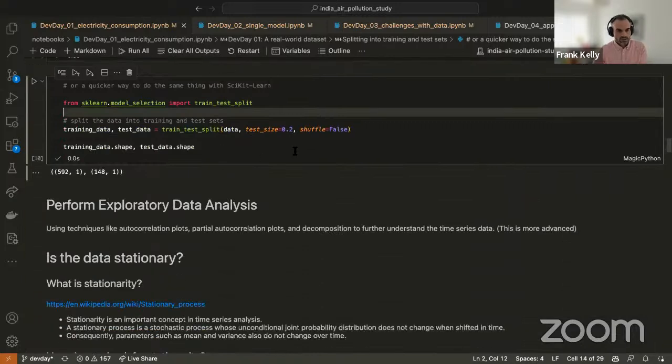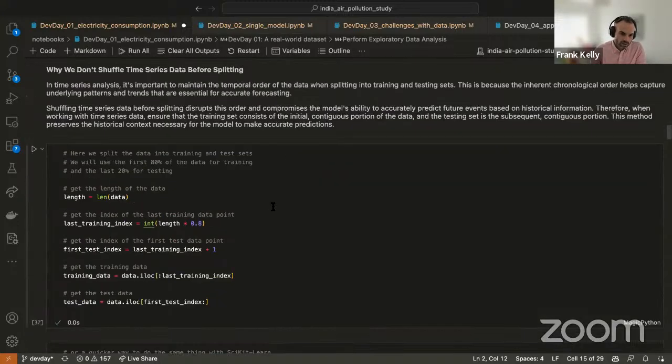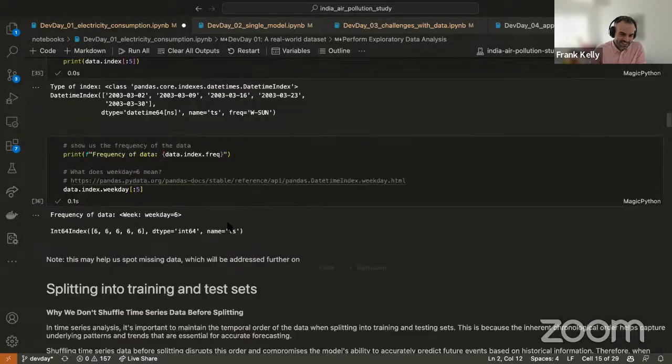One quicker way to do this is to use the scikit-learn library, which does it automatically. One thing you don't want to do is shuffle the data. In other machine learning problems, it's quite common to shuffle the data because you want a random sample of the data. If you shuffle time series data, which I've seen done before by data scientists, then your model